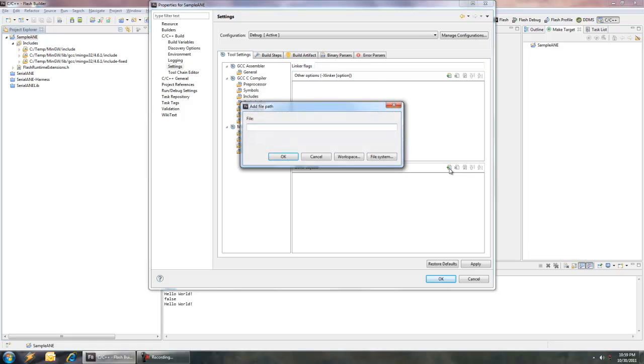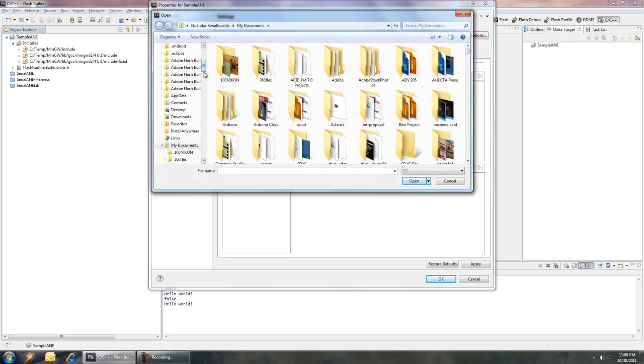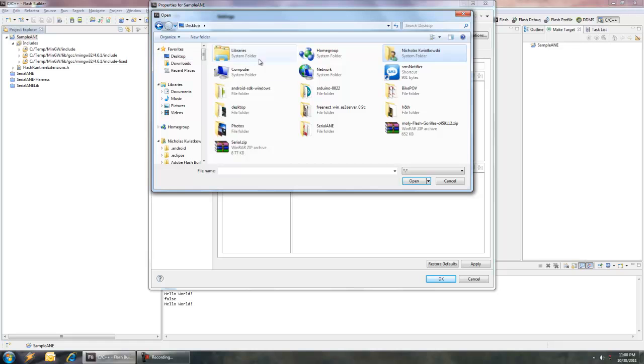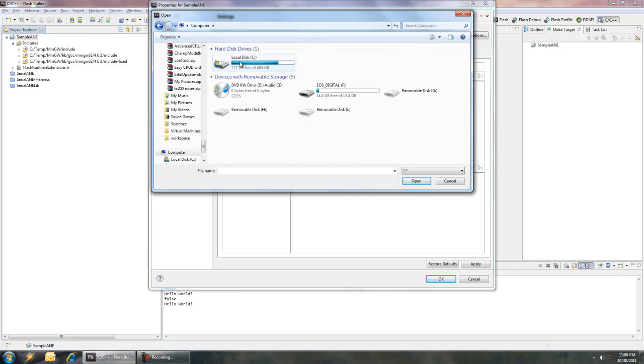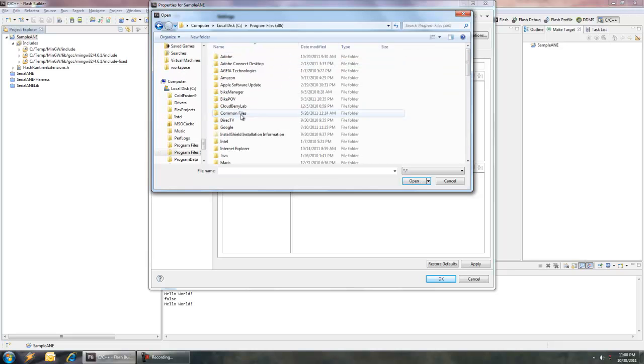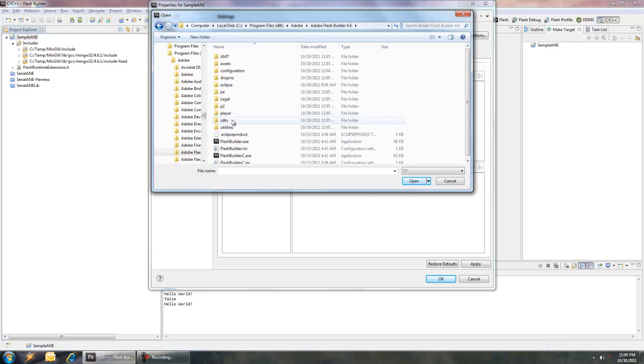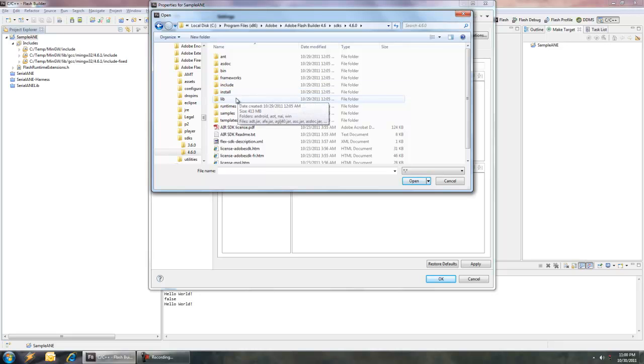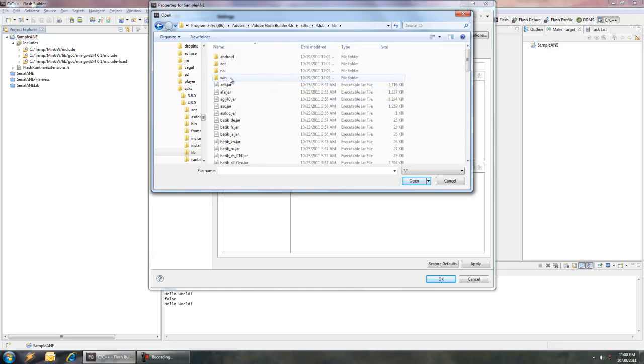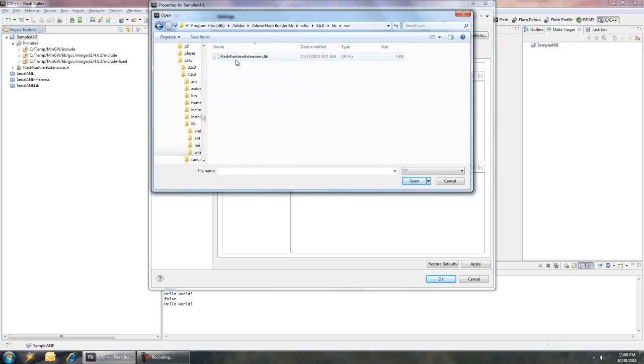So we're going to hit the plus sign, and from the plus sign, it's going to say add file path. We're going to add it from the file system. And we're going to add this pretty much from the same folder. We're going to go to the C drive, Program Files x32 or x86, under Adobe, under Flash Builder, under SDKs, our version number, and then this is where things go a little bit different. From there we're going to go to the lib directory, and then there's going to be a win directory, and from here you should see Flash Runtime Extensions.lib,